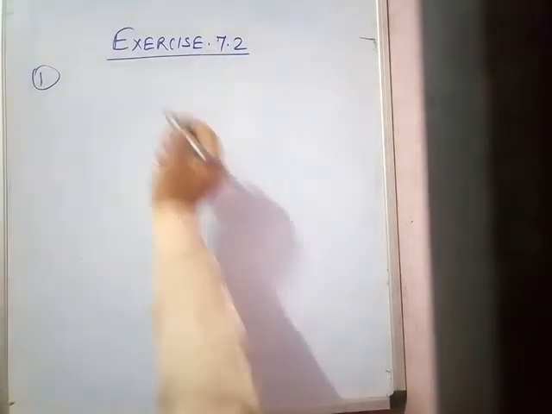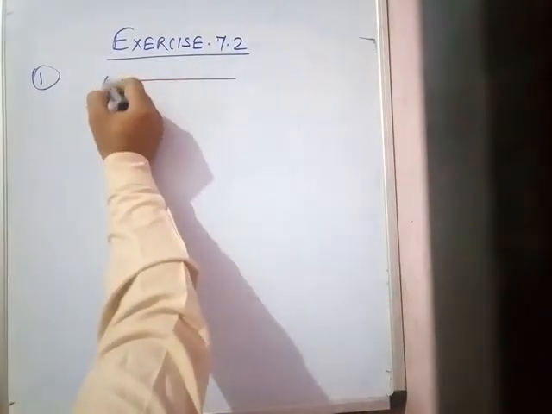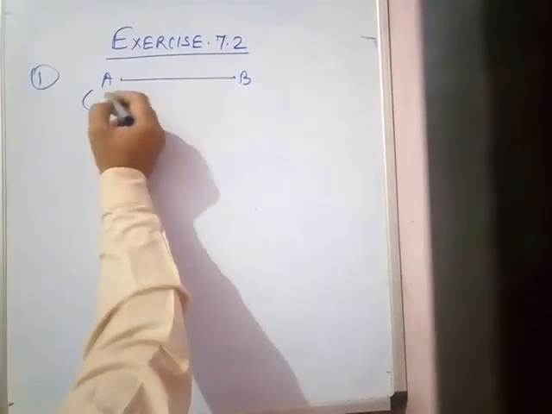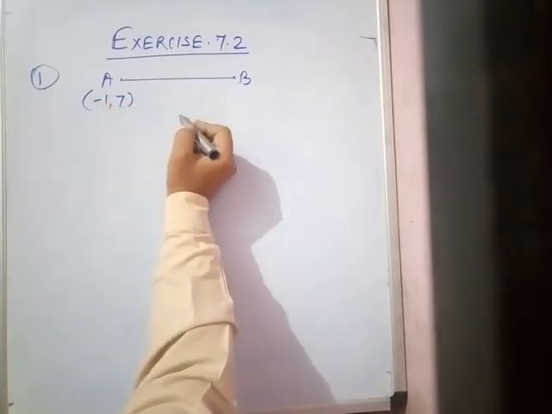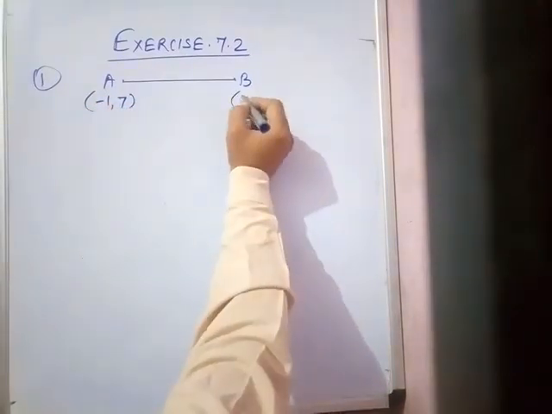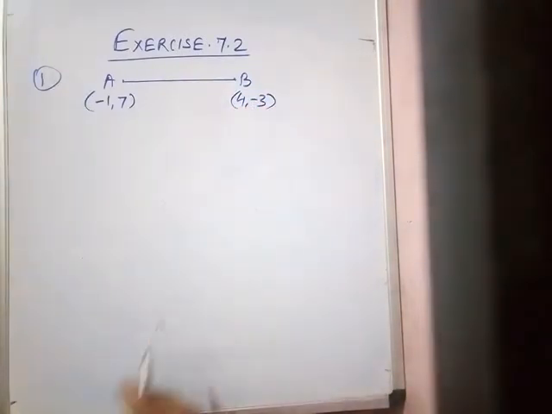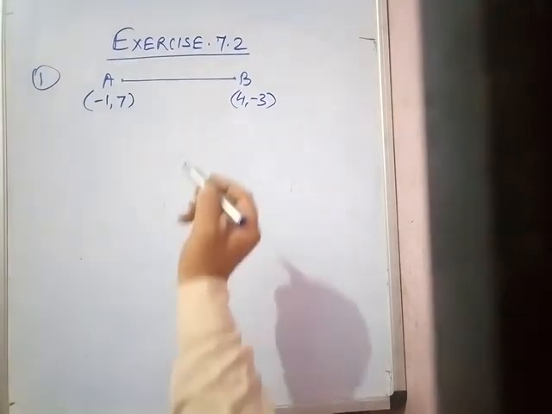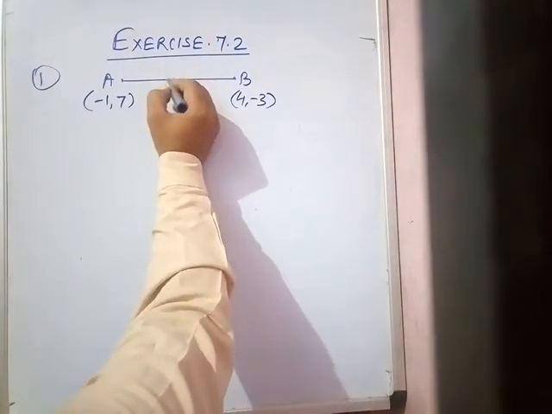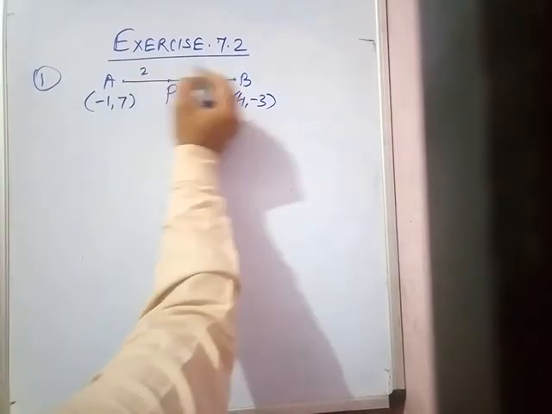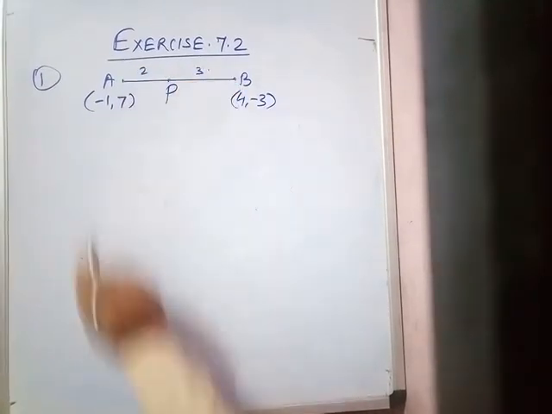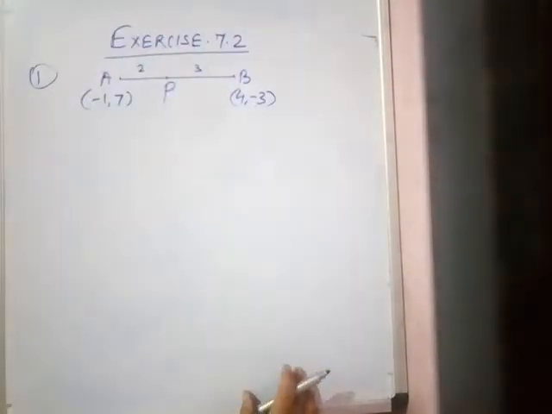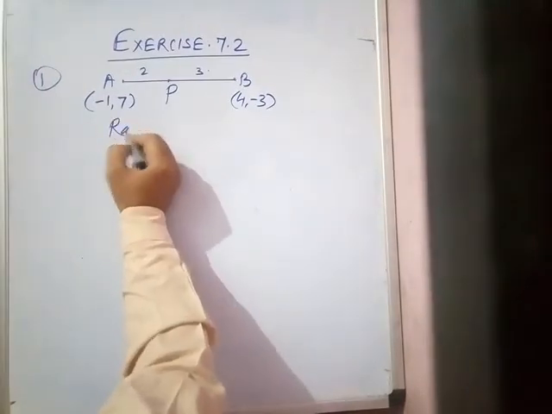1 comma 7. Here let this point be A and this point be B, and the coordinates of A are minus 1 comma 7 and the coordinates of B are 4 comma minus 3. Divided by a point in the ratio 2 is to 3. Let P be the point here, and this segment is 2, then this is 3. If this is 2 units, then this is 3 units. So the ratio is given here